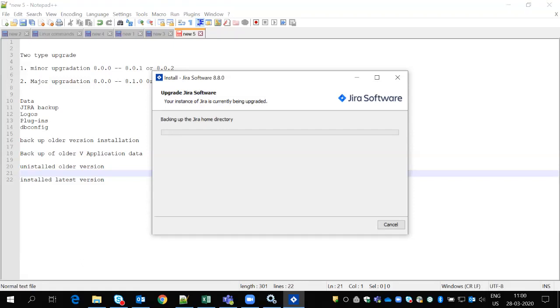Can you tell me step by step how to upgrade from a lower version to a higher version? You have to tell each and every step as it is. If you miss one step, you will get problems and they will not accept it, because if you miss one step, they'll ask you many questions on that step. So, the way I created the documentation, how we are upgrading, each and every step, you have to tell clearly.